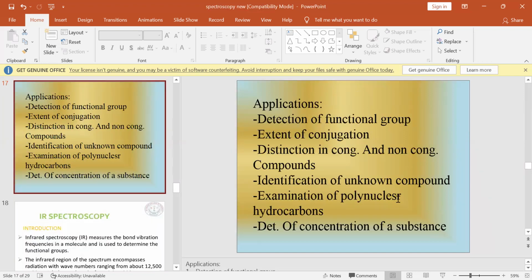Next, applications of UV visible spectroscopy, electronic spectroscopy. First one is detection of functional group, identification of unknown compound, structural elucidation of organic compounds, qualitative analysis, extension of conjugation, detection of functional group, determination of concentration of substances, examination of